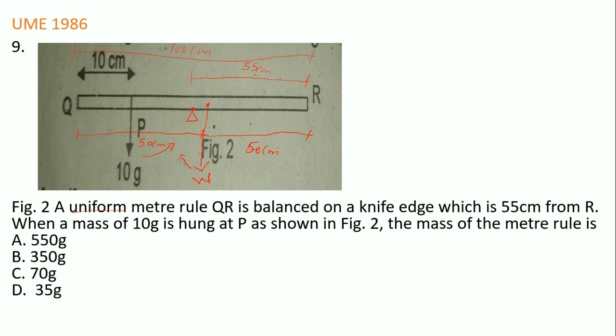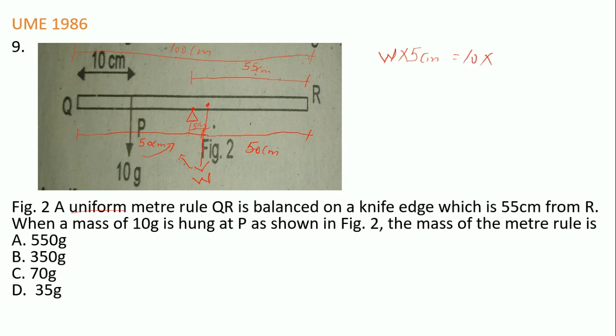So the algebraic sum of moments about that point is going to be 0. Another way you can think about that is that the sum of clockwise moments is going to be equal to the sum of anti-clockwise moments. For the clockwise moment we've got W, that's the weight, times the distance. Since I know from here to here is 50 and from here to here is 55, that implies from here to here is going to be 5 centimeters. So we've got W times 5 centimeters